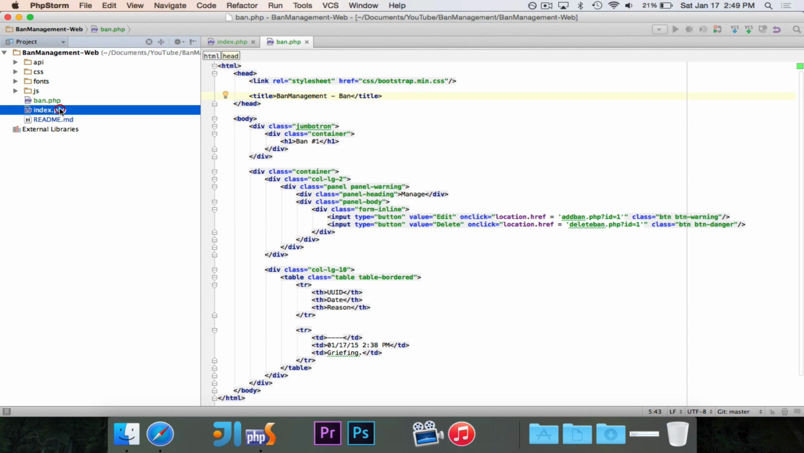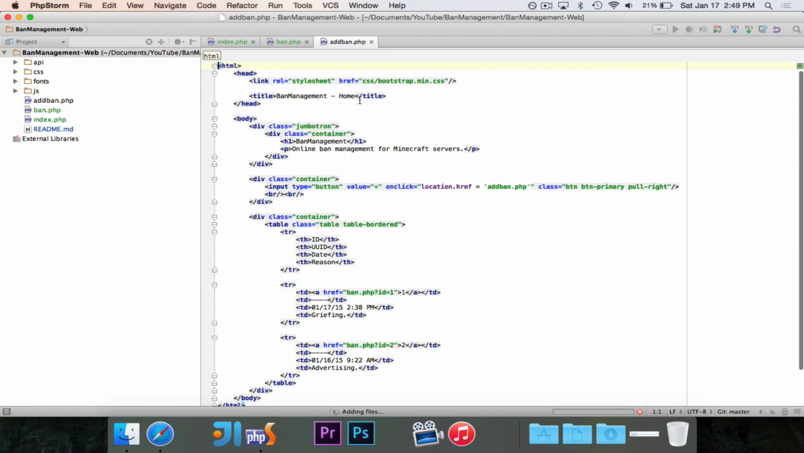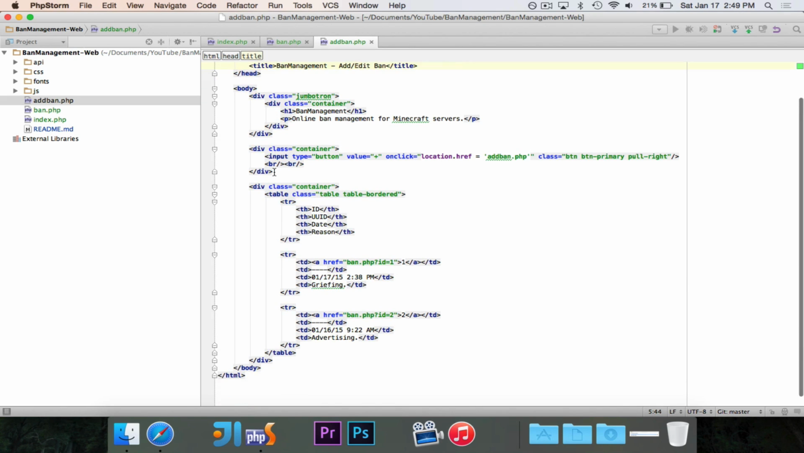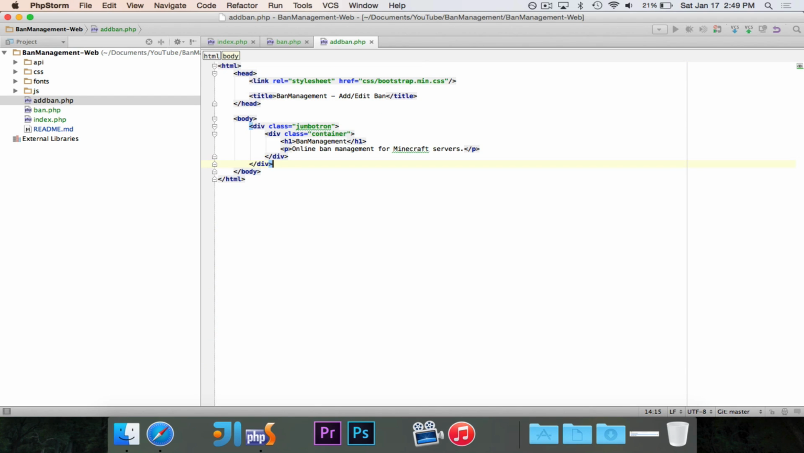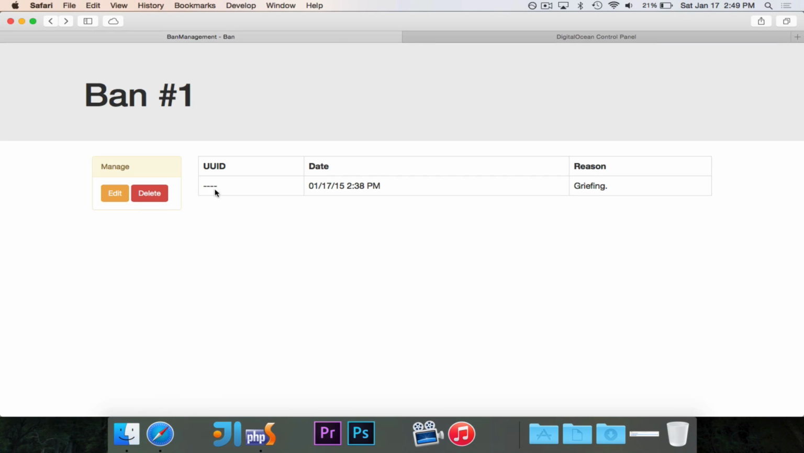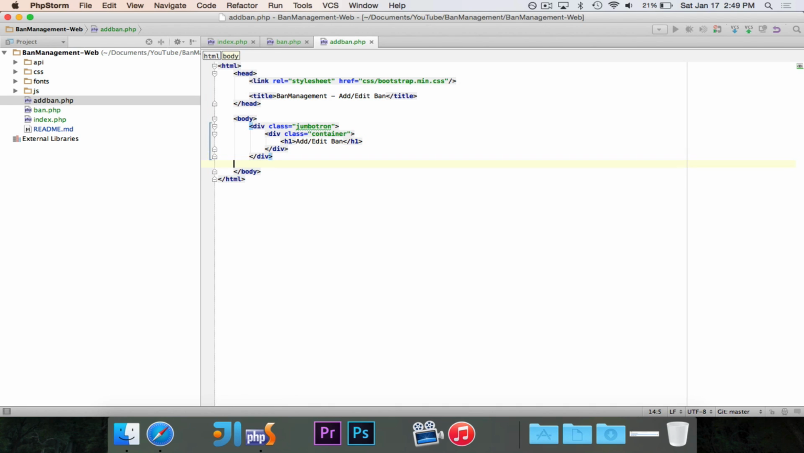So for that, I'm just going to be lazy, copy the index file, and delete some stuff, so I don't have to worry about doing the style sheet and everything again. The title will be add/edit ban, and I don't think we need a slogan. So if I go to this page, you'll see it says add/edit ban, and then we'll stick in